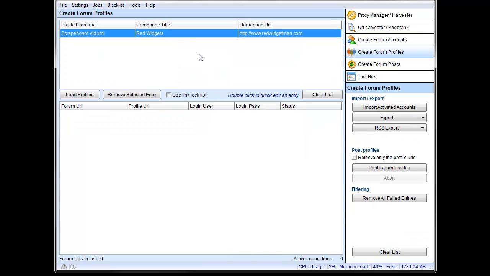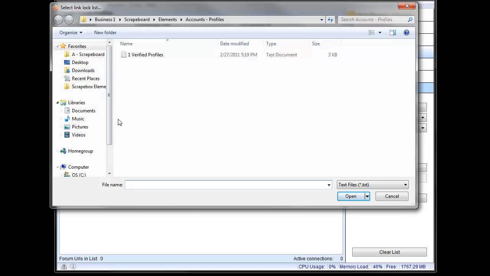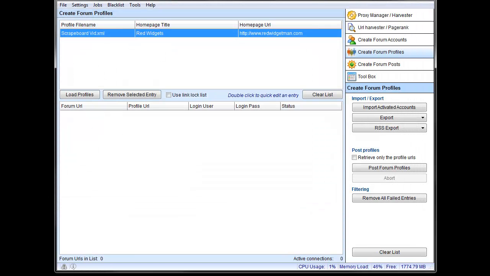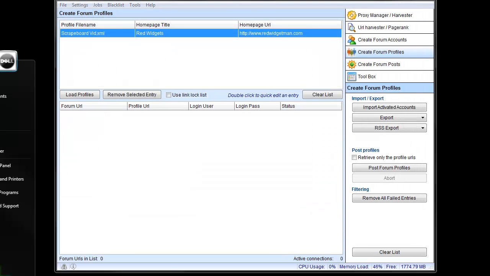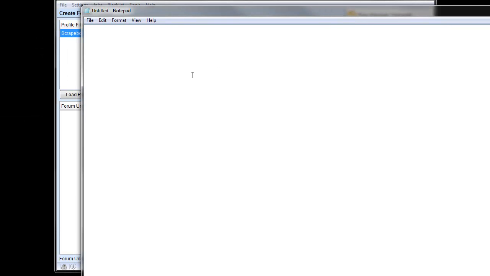If I wanted to use different links, like say I want to use a site about cars or whatever, I can use the link lock list, and then I can select it here as a text file. And I don't have one, but basically it's just standard link lock format. If you were a Scrapebox user, it would be the same. So it would be just like this,